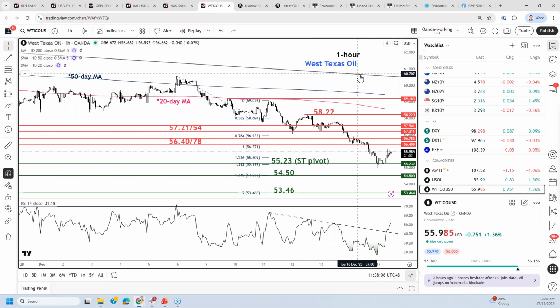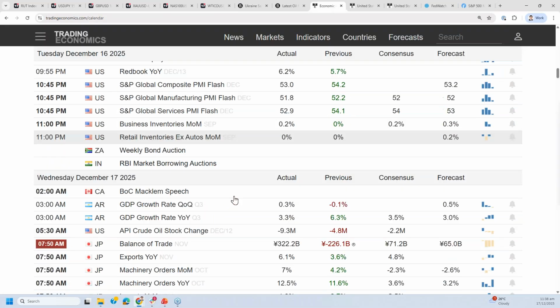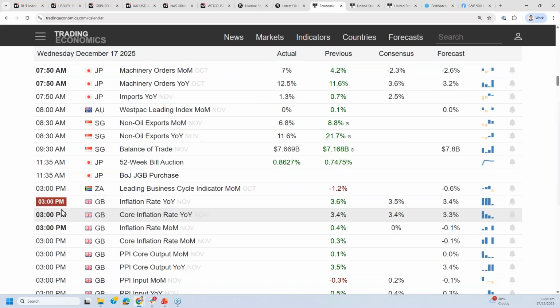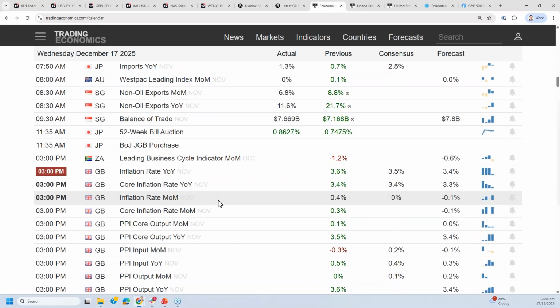Before we go, let's have a quick look at the economic calendar. What are the key risk events that I mentioned earlier on? Today is Wednesday. The key risk event will come at 3 p.m. Singapore time, which is the core inflation rate for the UK for the month of November. Market participants are expecting the same rate at 3.4%, still rather high above the Bank of England's targeted rate of 2%. So the UK economy is now grappled with potential stagflation risk, and that could influence the movement of sterling dollar and the sterling crosses.